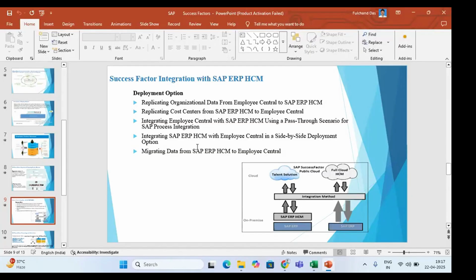Excuse me, sir. Yes. What is a cost center? Cost center means, suppose